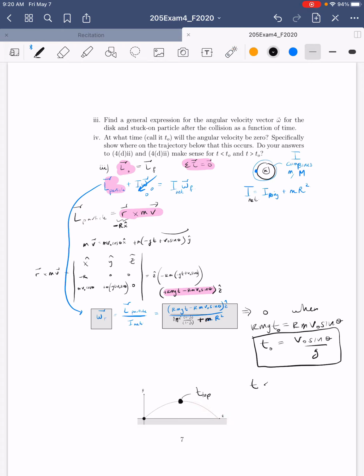When t is less than t0, so that's smaller than what makes it 0, it's dominant negative. It's in the minus z hat direction. Then that means that I'm making a